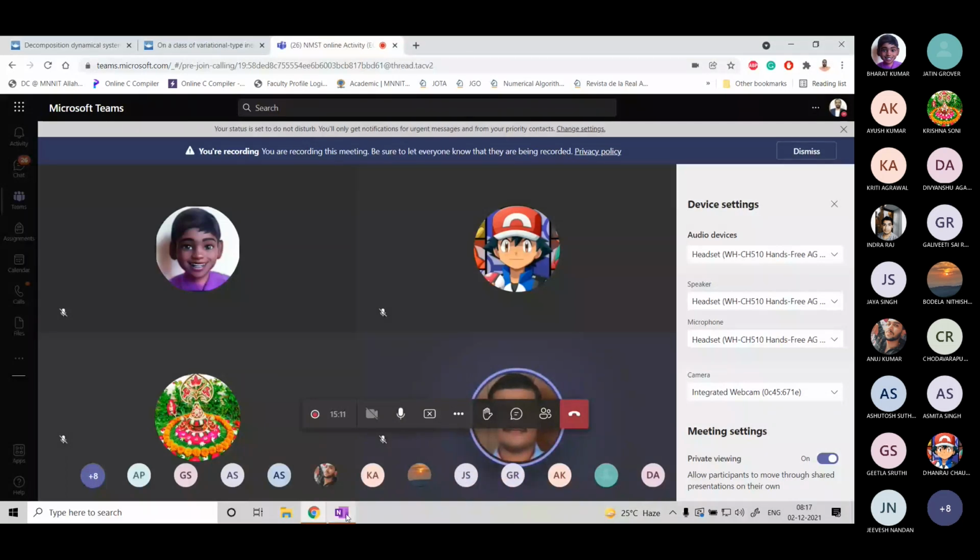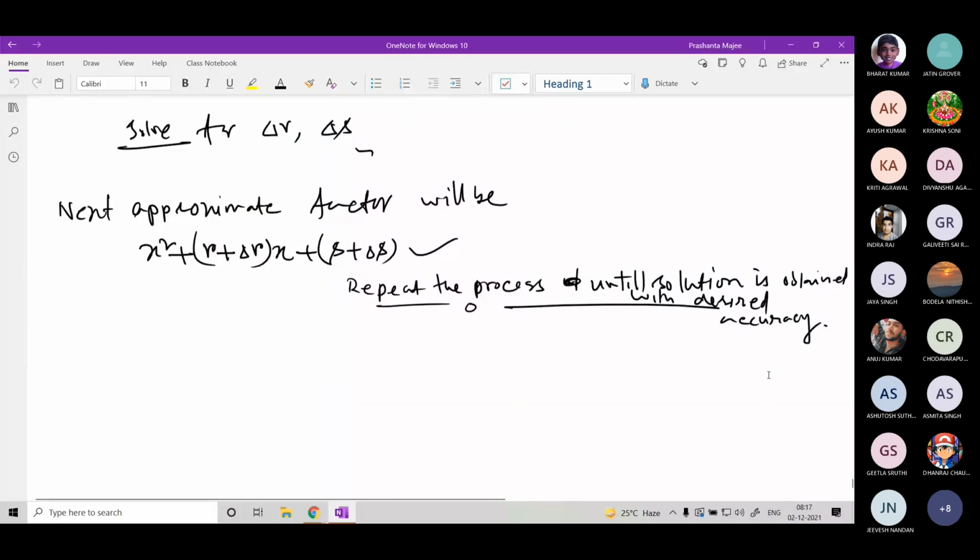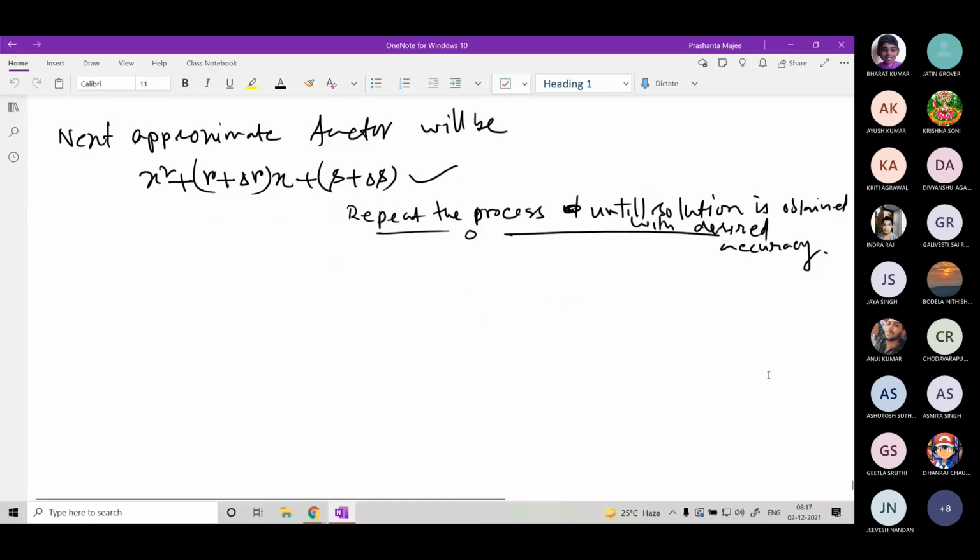So in the last theory class, we discussed Lin-Bairstow's method. The theory part was discussed, so today I will be solving one problem using Lin-Bairstow's method. Basically, what is that method? How to extract a quadratic factor from a given polynomial. Not polynomial equation, from a polynomial. If that is an equation, then equating the quadratic factor to 0, you will be able to find out the two roots. So let us understand the method with one example.